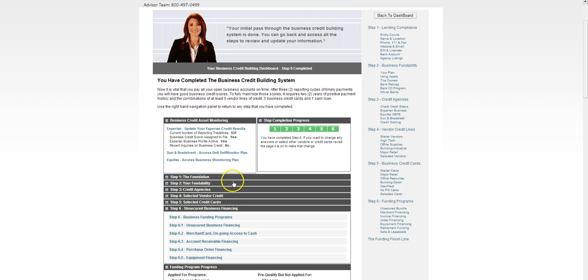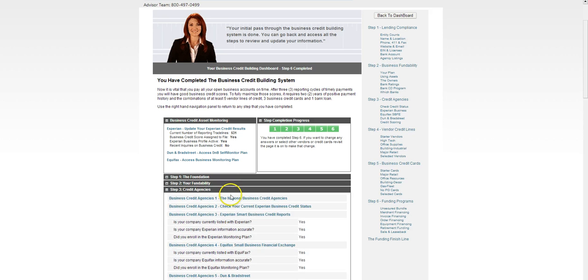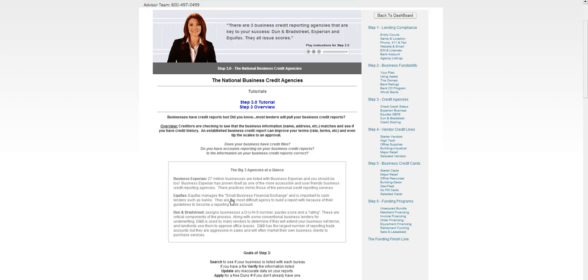Now, after we've walked you through step 2 and help you get access to all of the financing that you can qualify for, we walk you right into step 3 where we help you begin the business credit building process. Now, if you're not familiar with what business credit is, don't worry. You're not alone. Over 90% of the population doesn't even know what business credit is. This is phenomenal for you because now you're about to be one of the exclusive 10% that knows and understands business credit, which means you're going to have access to a massive pool of money that most people don't have